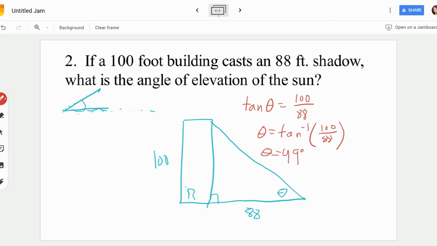And keep in mind that this could be an angle of depression. Not this problem, but sometimes you'll see angle of depression. That would be like, maybe you're on the top of a building and you're laying down and you're looking out, and you look down, you see a person down there, and what's the angle of depression? So the angle of depression is created from the horizontal that you're at down to what you're looking at, and that would be theta there. So that's just the two, elevation and depression, that we've talked about before, but that wasn't really in this